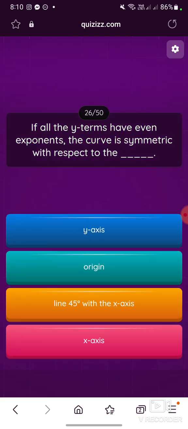If all the y terms have even exponents, then the curve is symmetric with respect to the